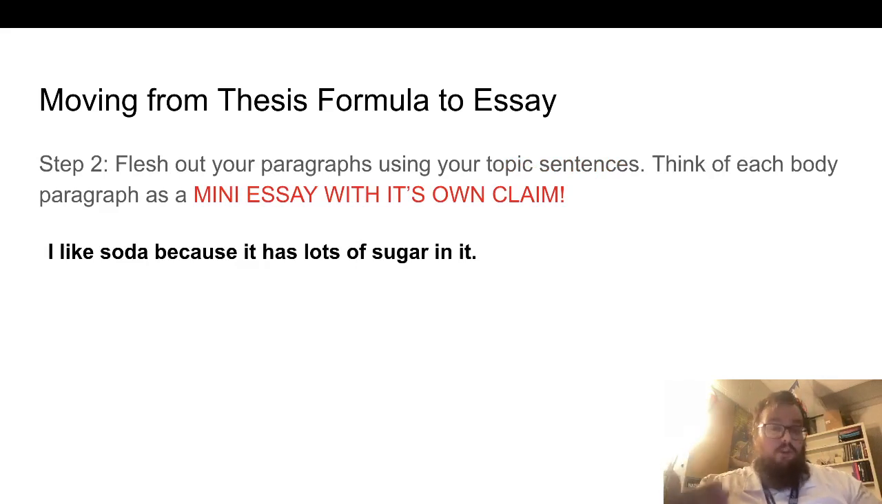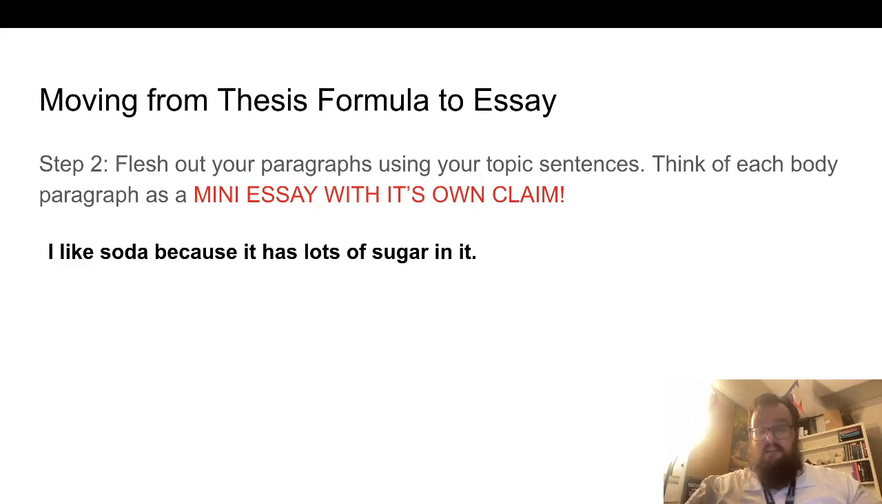A good way to think about it is each body paragraph is like a mini essay with its own claim, right? So my first signpost, my first key phrase is I like soda because it has lots of sugar in it. That goes at the top as my topic sentence of my body paragraph, and then I write a whole paragraph about